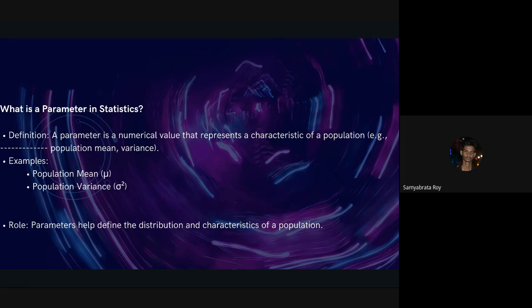Okay, and the value calculated based on the sample is called a statistic. And whenever we are trying to estimate the parameter, we always estimate it based on the statistic value. Okay,